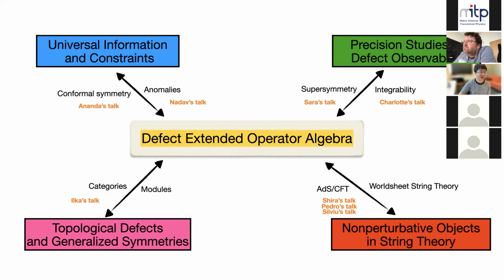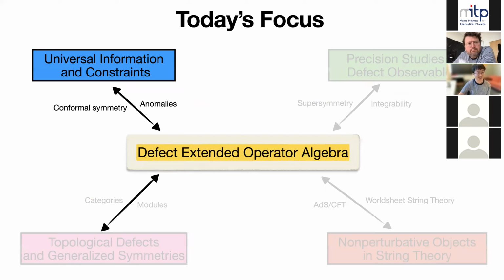So this is a very ambitious set of things that one can think about, but in this limited amount of time, I'll focus on just this topic, where we'll discuss the symmetries of quantum field theory in the presence of defects and the universal quantities that one can associate with such a system with symmetry, and in particular characterize anomalies. And we'll also see how such anomalies will constrain what kind of defects are admissible in a consistent extended quantum